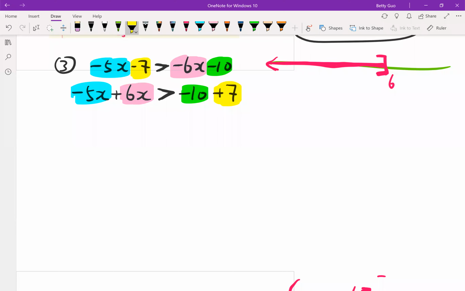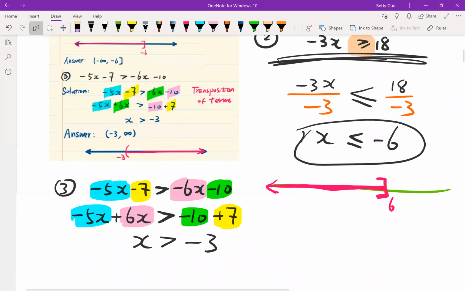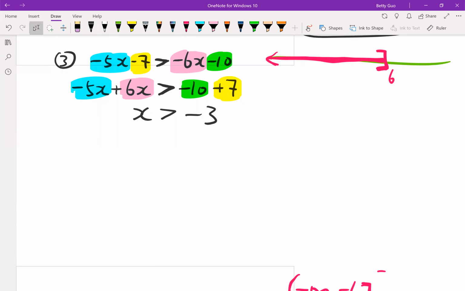On the left, the two like terms are together now. We are ready to combine them: -5x plus 6x. -5 is the coefficient of the blue. 6 is the coefficient of the pink. We combine like terms by combining their coefficients. What is -5 plus 6? 1. So we have 1x on the left. On the right-hand side, what is -10 plus 7? Very good, -3. Once x is isolated on the left,